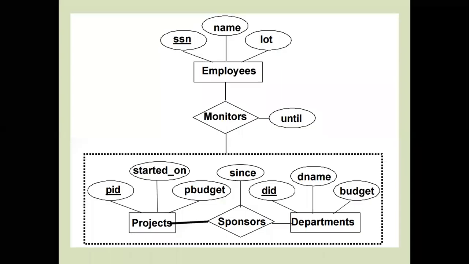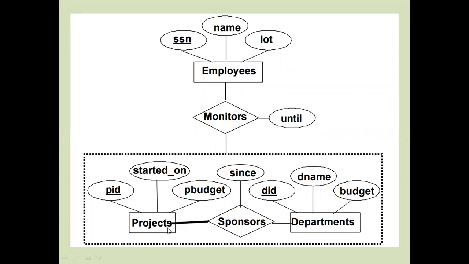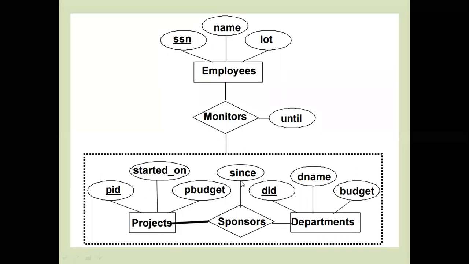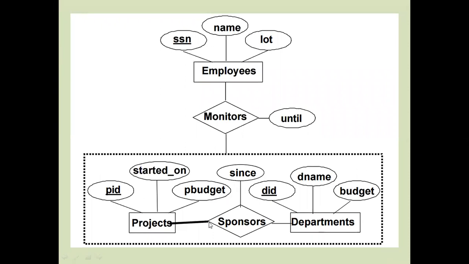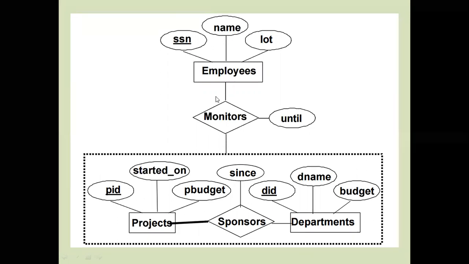I will try to explain through a diagram. If you observe here, projects are handled by the departments. That means these departments sponsor the projects. So these departments are creating some projects. Each project has some ID, and at the same time a name and some budget, and each department also has some attributes. Now whether these departments are properly doing the projects or not is verified by some other employee. So if you consider here, this is the students and this is the faculty.